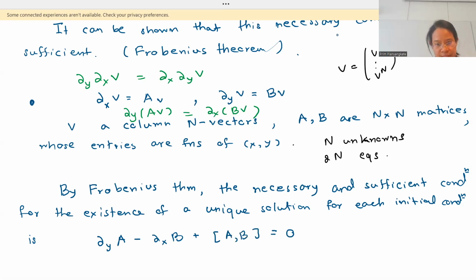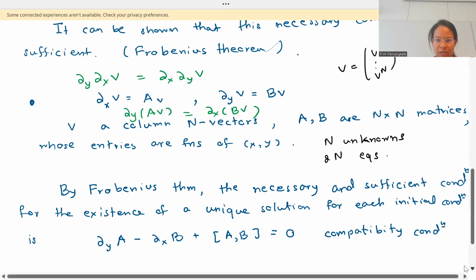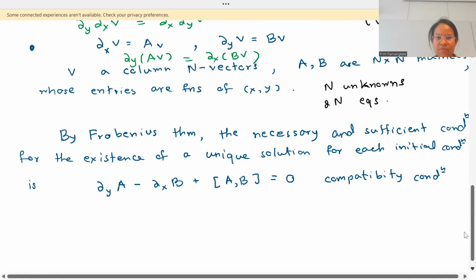Okay, so this is the compatibility condition. It is the condition that if A and B satisfy it, then we would have a unique solution for each initial condition. And we will use this